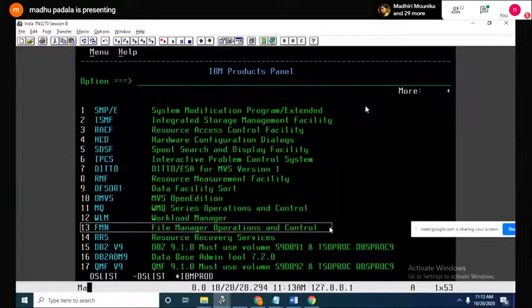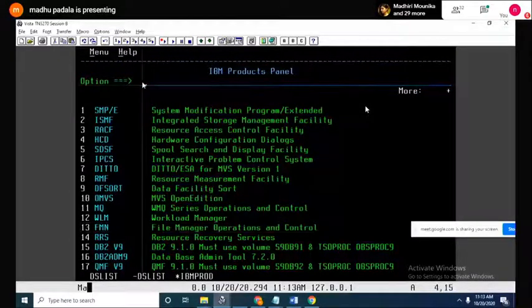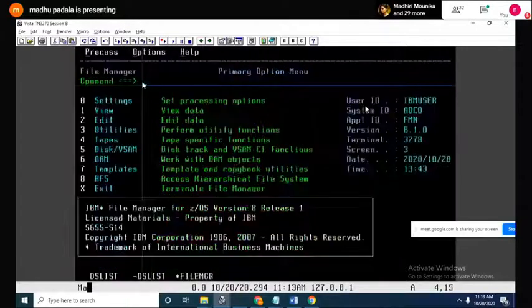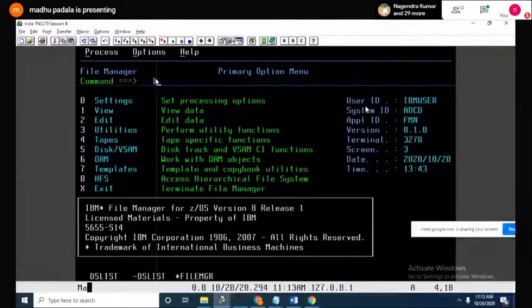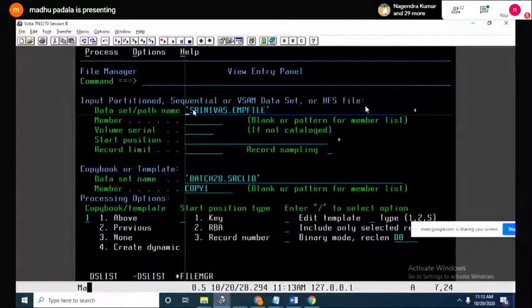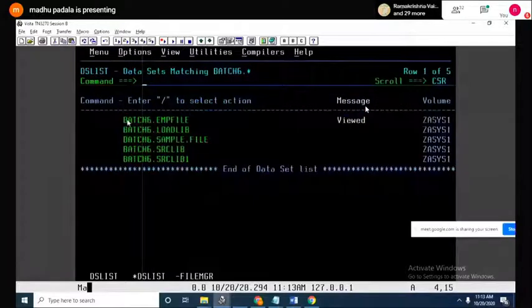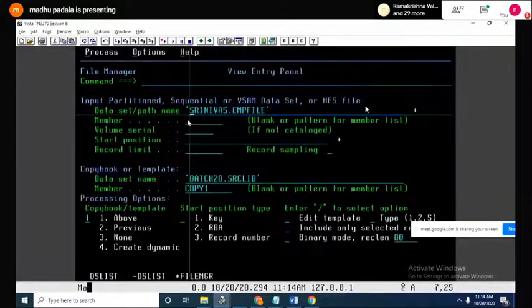Can you see that? So 13. And I want to view. So option 1. Give your file name here. What is the file name? That's it. The .emp file. And give your layout here.